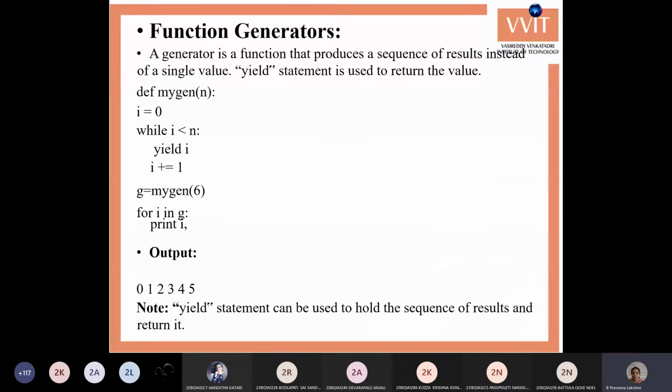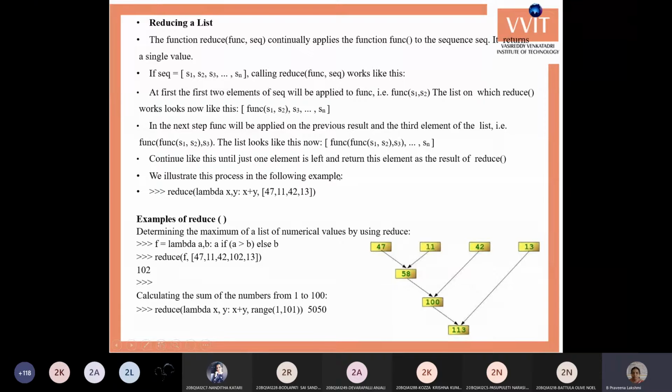Before going to that recursion concept, we'll go through one more topic. Just we will see one more function, the reduce function. Whenever we want to use lambda functions as part of an argument, we can use one more function, the reduce function. These are the three functions that we can use with lambda functions as parameters: one is the map function, another is the filter function, and the third is the reduce function.